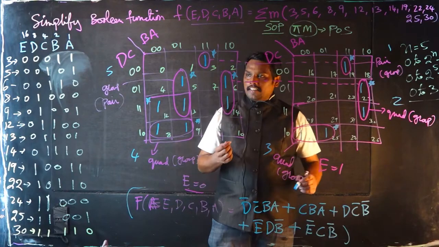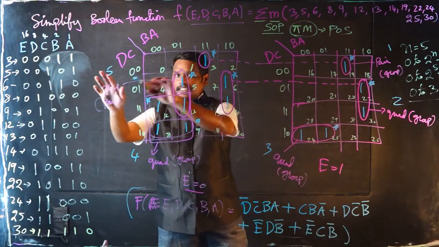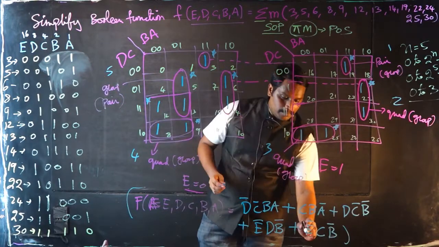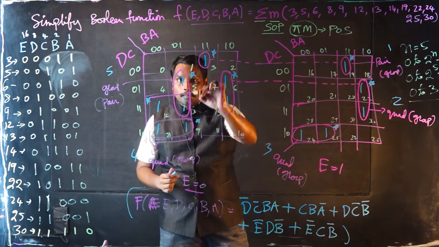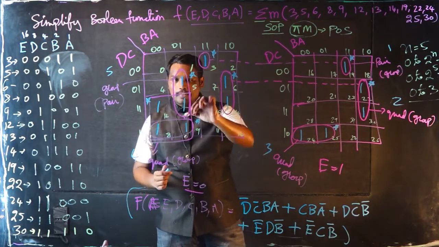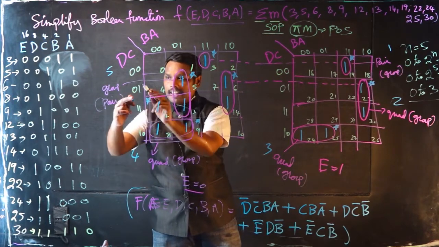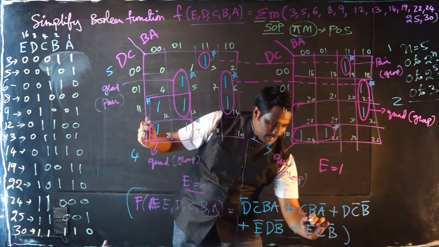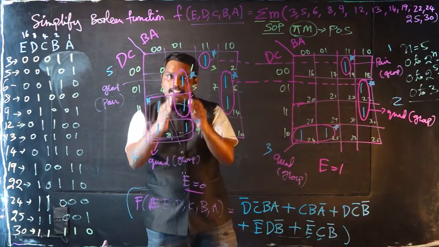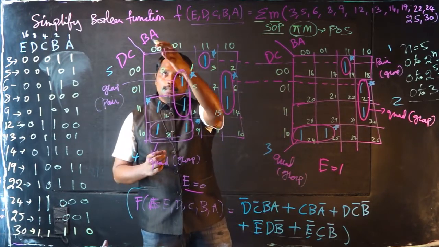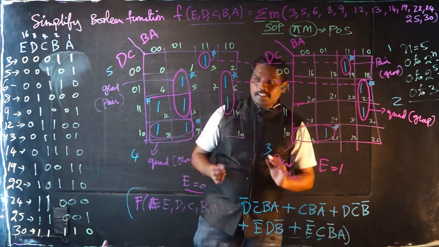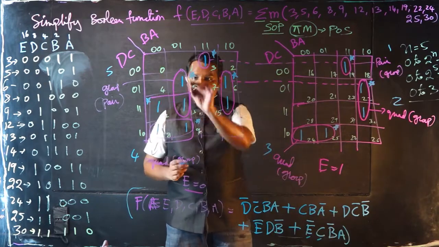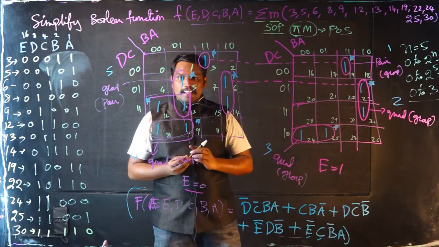There is a small error that has happened to this particular group. This is the 5th group. Here I have generated E bar, which is of the same Karnaugh map, E is equal to 0, but here it is a pair. Whenever it is a pair, you take the commonality here, that is C. So E bar C is okay, and you can see here the column has both B bar and A. So this is B bar and A. This is a small mistake that I made for the last group. So this is a pair, and this is the final expression that we have got.